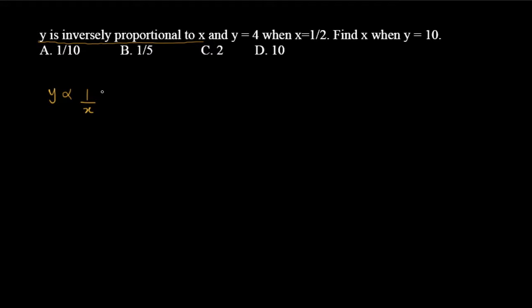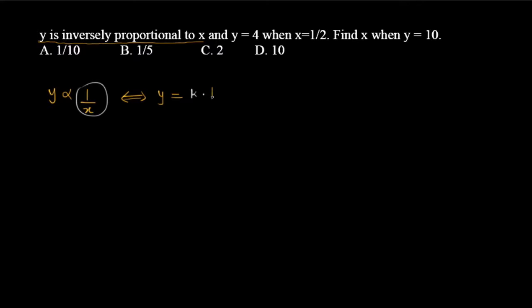But it's not useful for me to work with a variation like this. So I need to change the proportionality sign to an equality sign. The statement you have here is equivalent to y equals. Anytime you change the proportionality sign to an equality sign, whatever you have on the right hand side must have a constant attached to it. This is going to be k